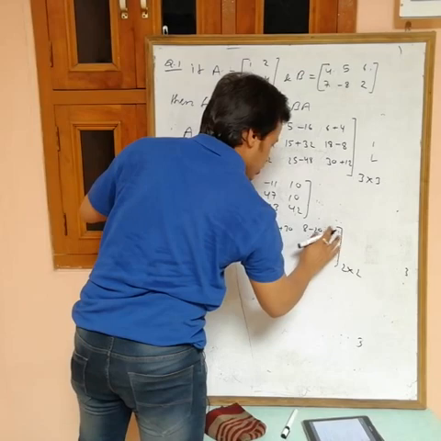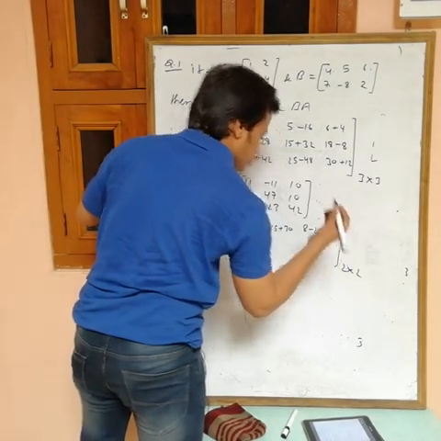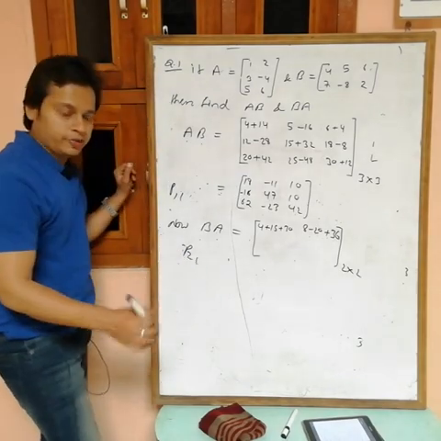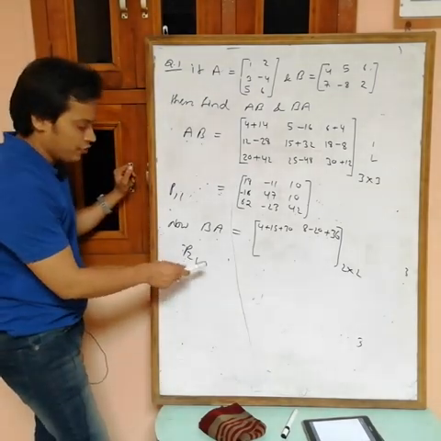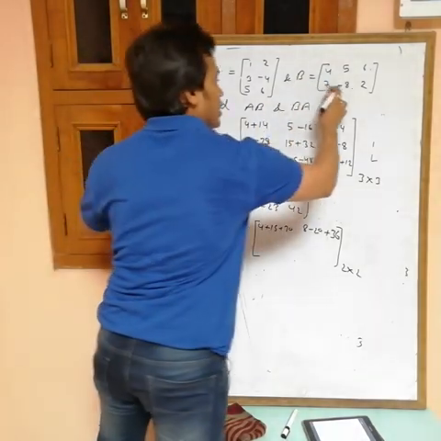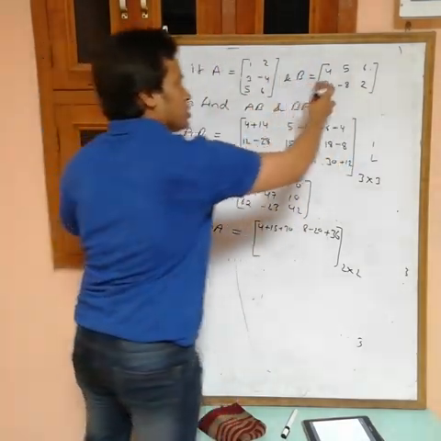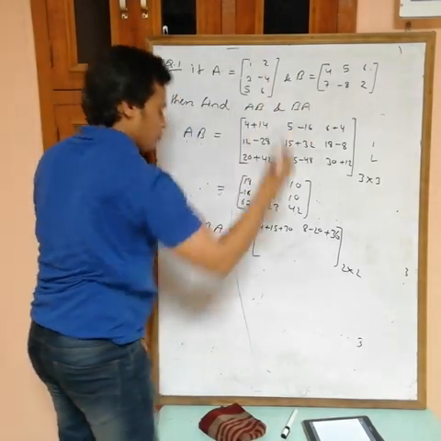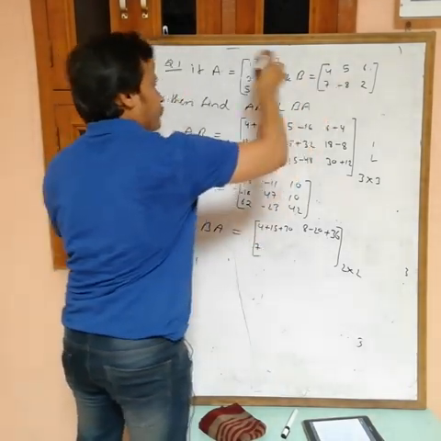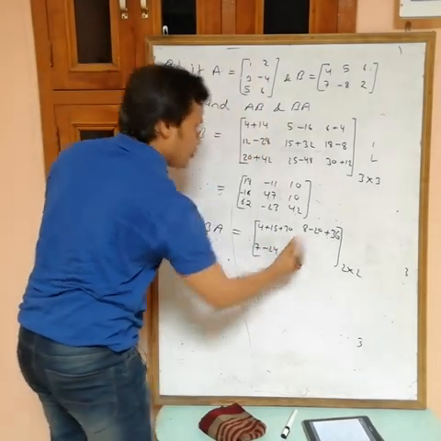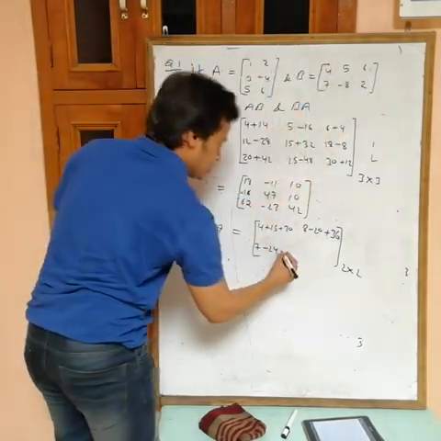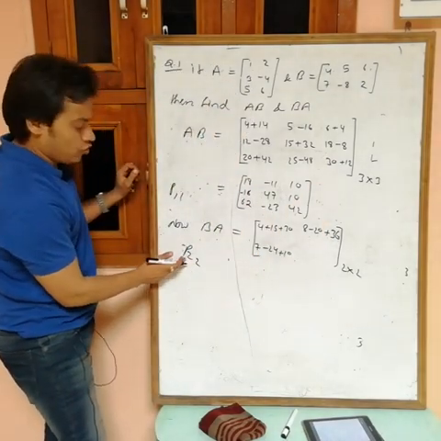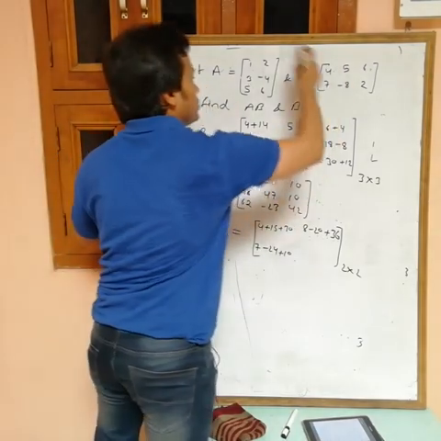Now this one is P21. P21 means second row, first column, with the row from B. So second row, first column. So 7 minus 24 plus 10. Okay, now last, P22. P22 is second row, second column, row from B.